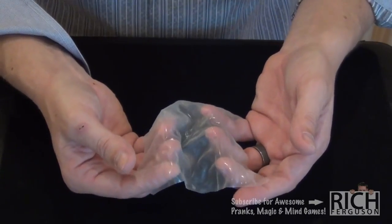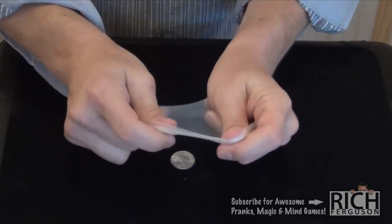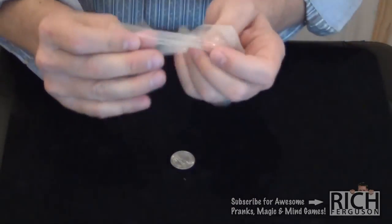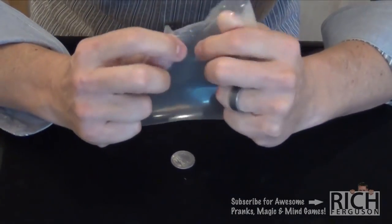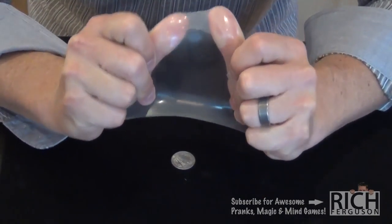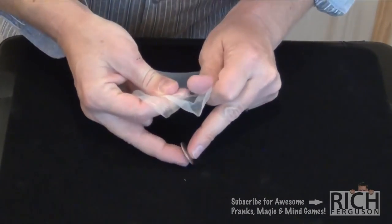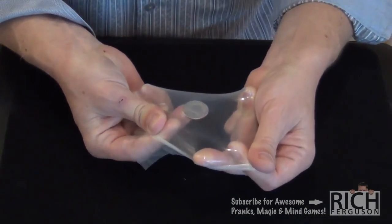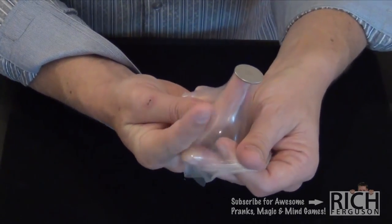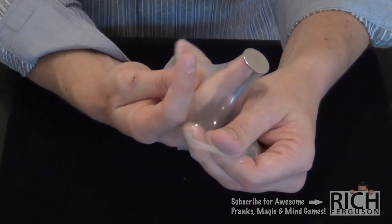To set this little illusion up, drape the material across all your fingers and then stretch it apart and work the center apart until it's nice and clear. What I've done is I've just pulled apart with all my fingers and stretched and stretched until that center area is nice and clear. Then what you're going to do is push up in the middle with a quarter. So get a quarter onto your fingertip, stick it in the middle, push upwards, but not so hard that you're going to rip the material. So you'll find that sweet spot just as long as the material is nice and clear around the edges, and slowly